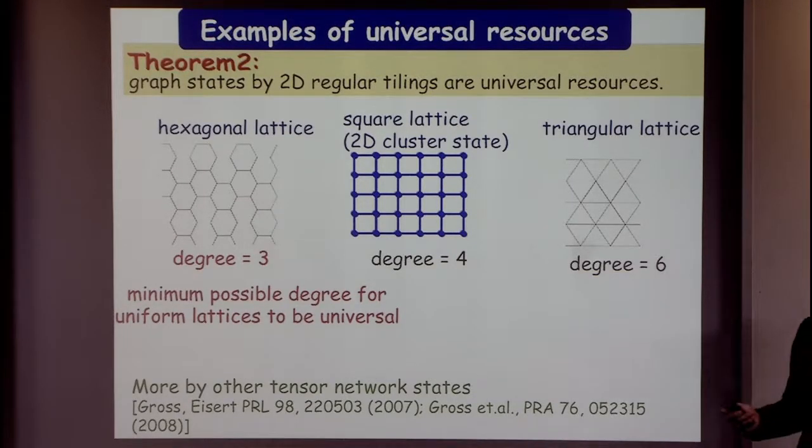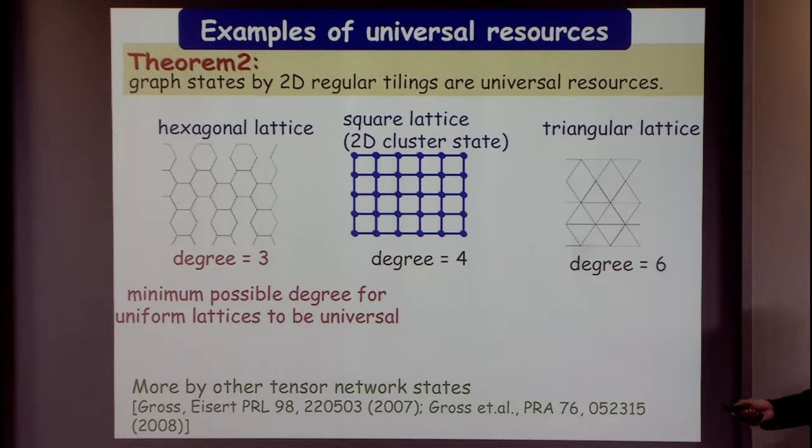On the other hand, there are several known classes of universal resources. And at least they have unbounded entanglement. In particular, for example, we can say that all regular tilings in 2D are universal. So not only the square lattice, you can do universal computation using different geometries. And as I already briefly